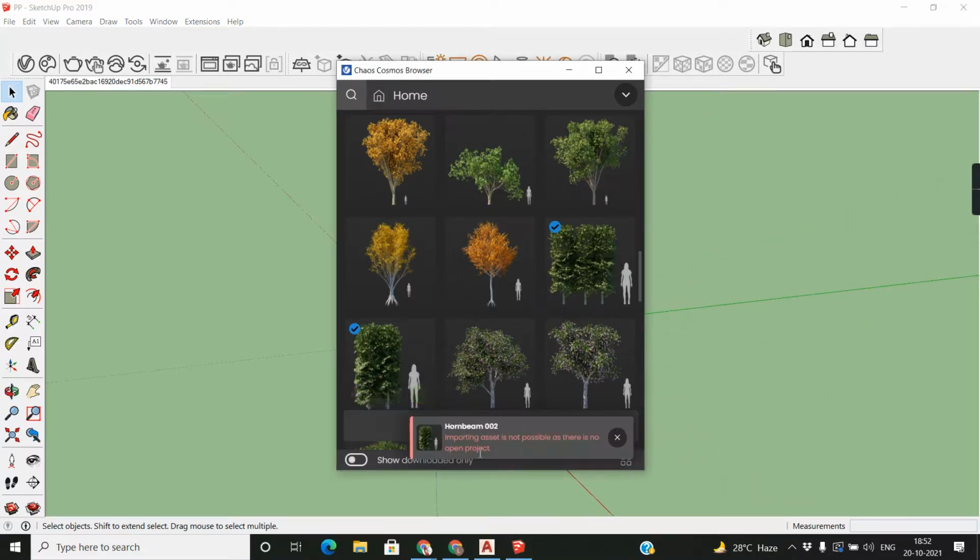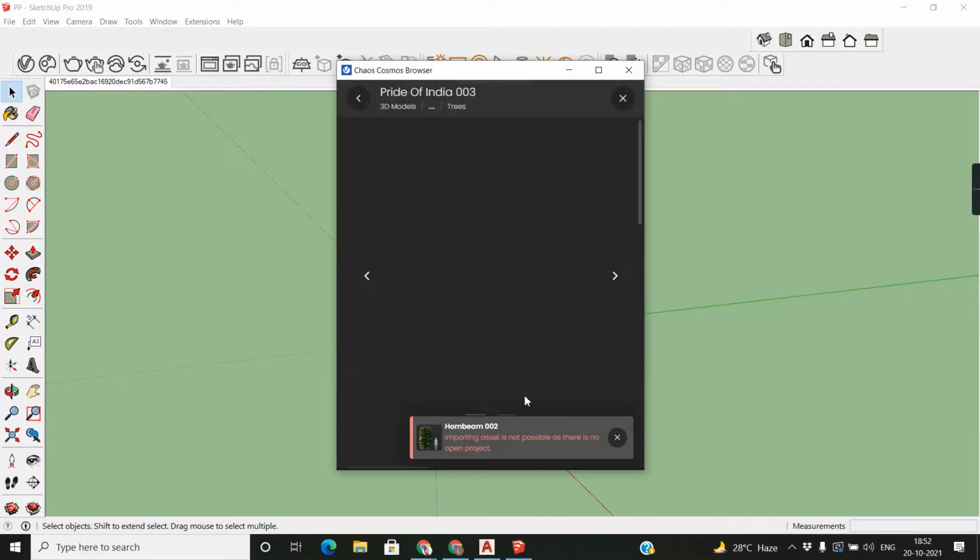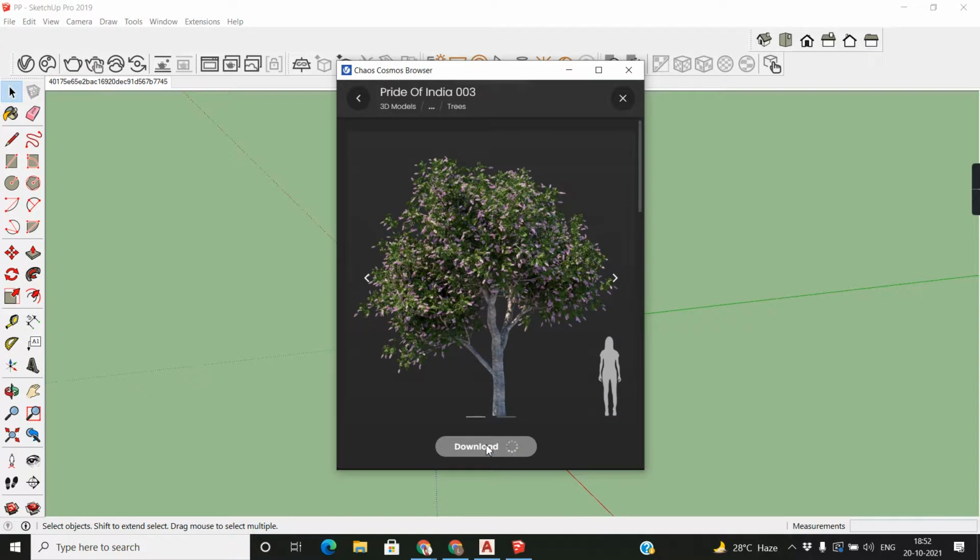Now import, download, wait for a second.